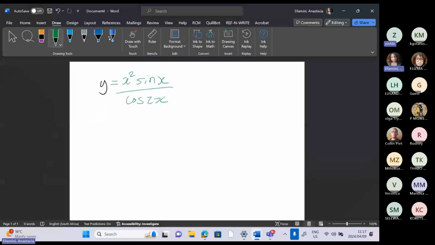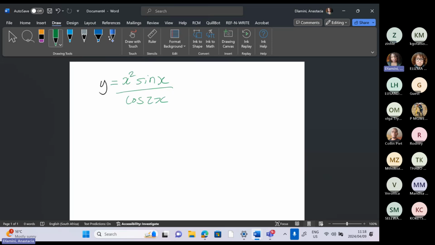Because at the top we have two functions. I'm not saying don't use the quotient rule, but what we are saying is if you use the quotient rule, it will make your life difficult. You have a lot of expressions, and at some point you'll be stuck. At some point, you won't even get to the final answer. But we want an easier method. If you are not told which method to use to differentiate, then use the one that will make your life easy. So how does this logarithmic